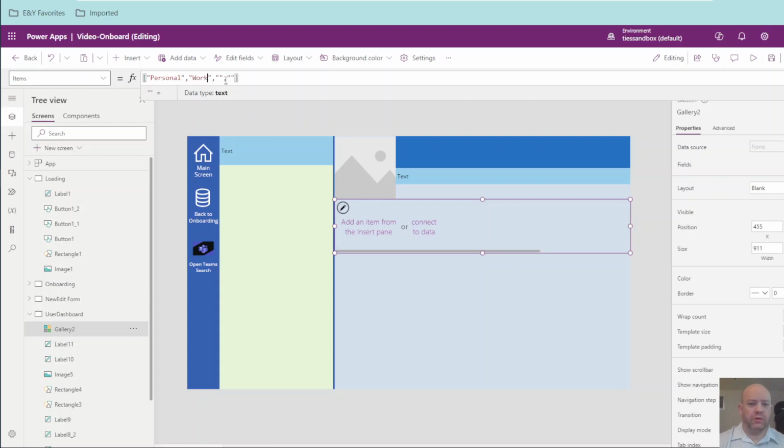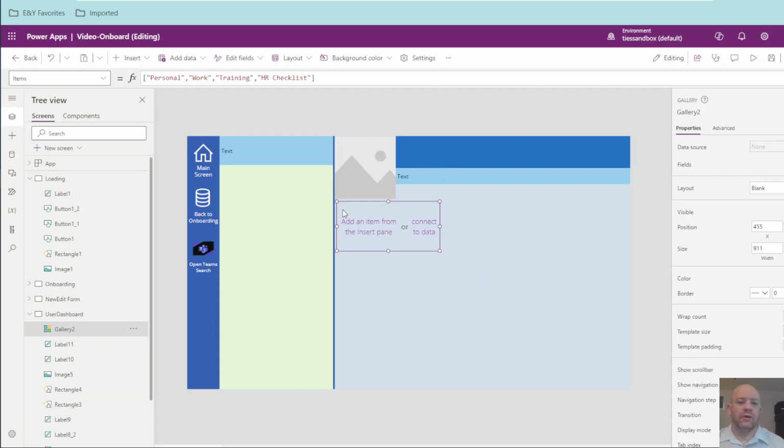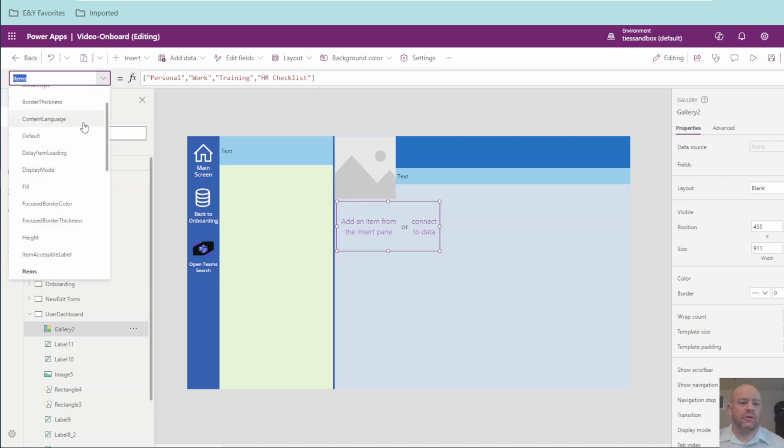Second one is going to be work. Third one is going to be training. And the fourth one will be system. Now, nothing's showing here because we haven't put any controls in here yet. This is just literally those. So we're going to click on this,